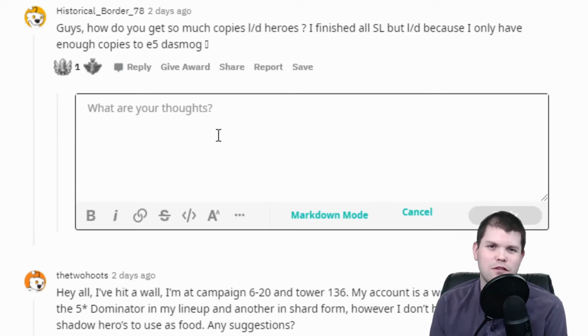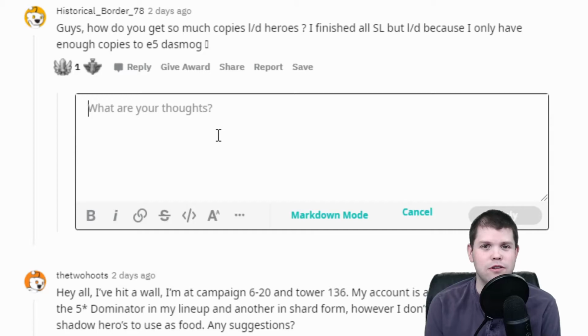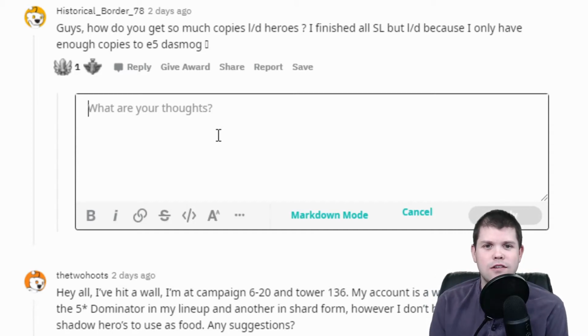Okay, our next question comes from Historical Borders 78. Guys, how do you get so many copies of Light Dark Heroes? I finished all of my Seal Lands except for Light Dark because I only have enough copies to E5 Dow Smoke. So if this applies to you where you're struggling to get 9 copies of a Light Dark hero, what